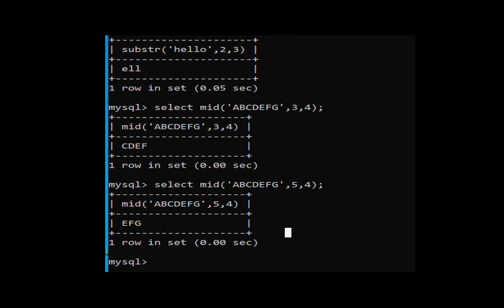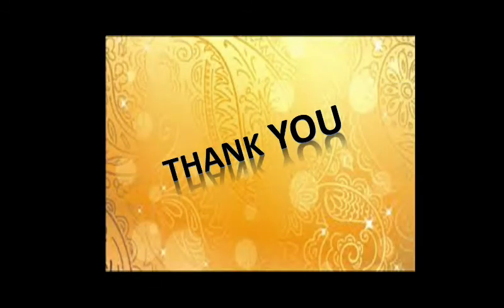E will be your fifth character. From there, you have to take 4 characters. But actually in the string, from the 5th character, that is E, only 3 letters are coming. It doesn't matter because even if it is less than 4, the entire string after the 5th character will be displayed. That is it. Thank you.